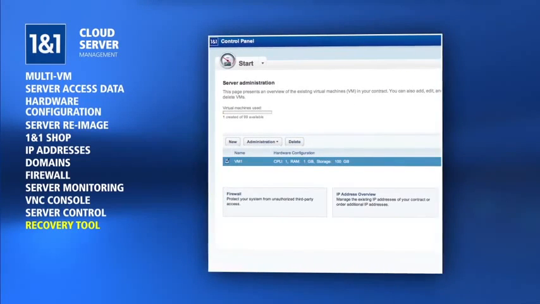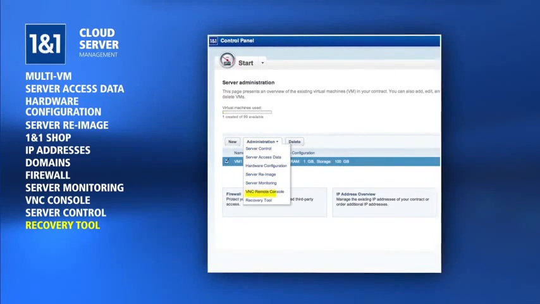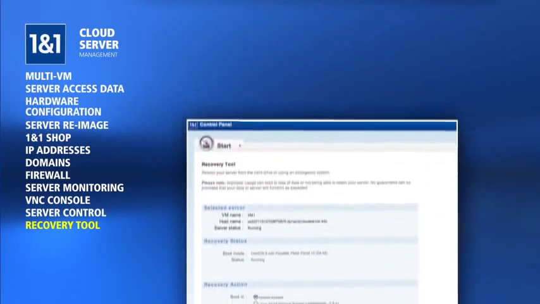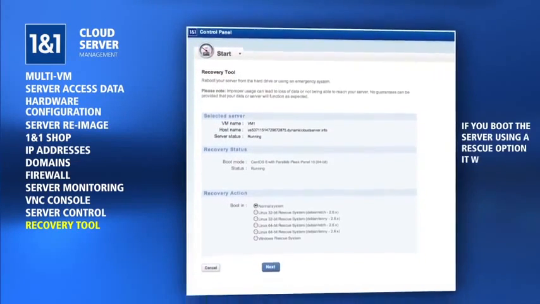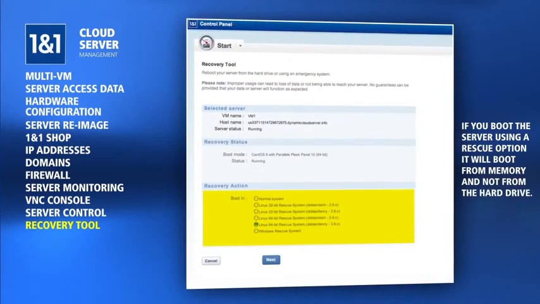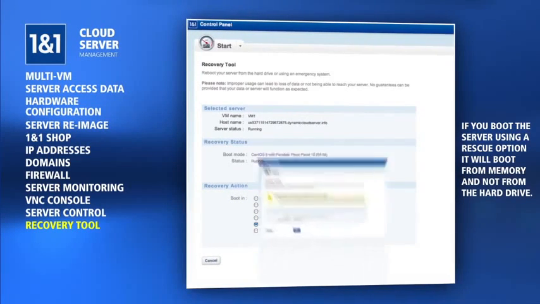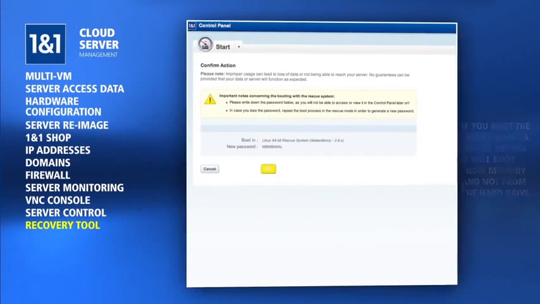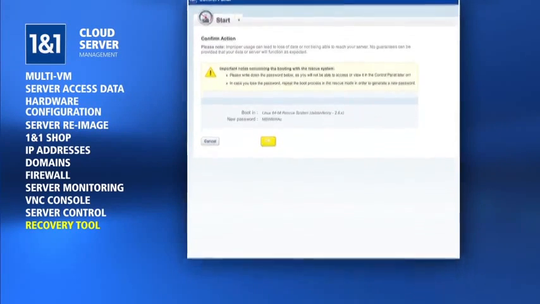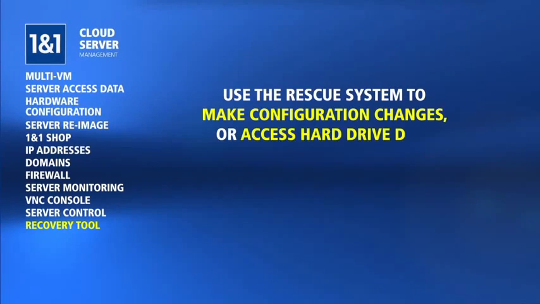You can select the Recovery Tool option from the Administration drop-down menu in order to boot the server into a rescue system. By booting a server using one of the rescue options, the server will no longer attempt to boot the operating system installed on the hard drive. Instead, the server will boot from memory, where the rescue system is temporarily held. This rescue system will allow you to make any configuration changes to your server in order for it to boot properly, as well as allow you access to your hard drive data in case you need to back up your